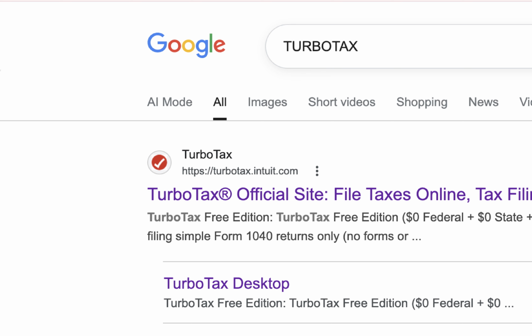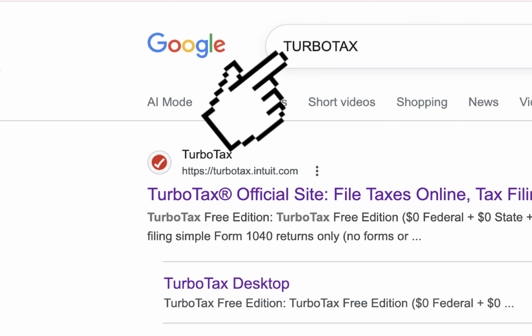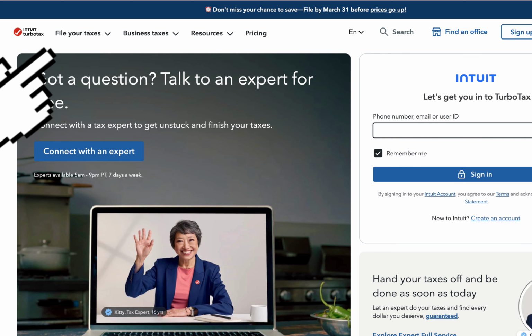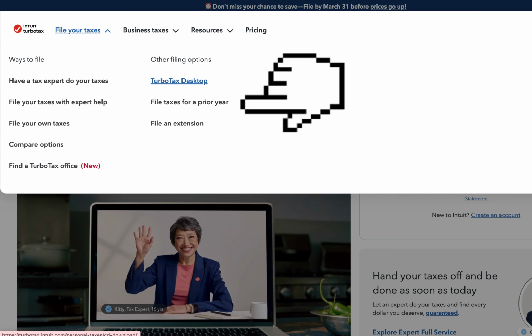First thing first, you want to open your web browser such as Chrome or Safari. Then on the Google search, you want to search for TurboTax. And then you want to click on the website called turbotax.intuit.com. Then, click on File Your Taxes at the top left of your screen, and tap on File Taxes for